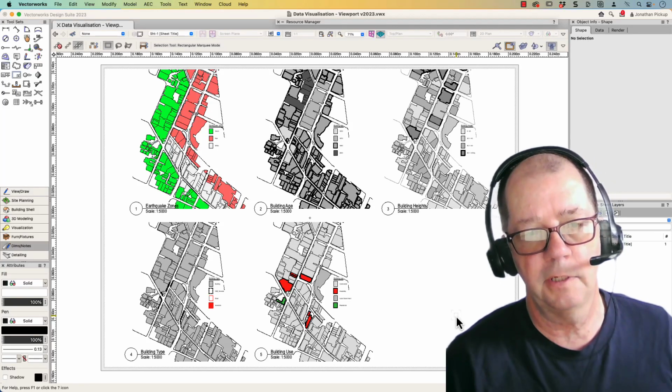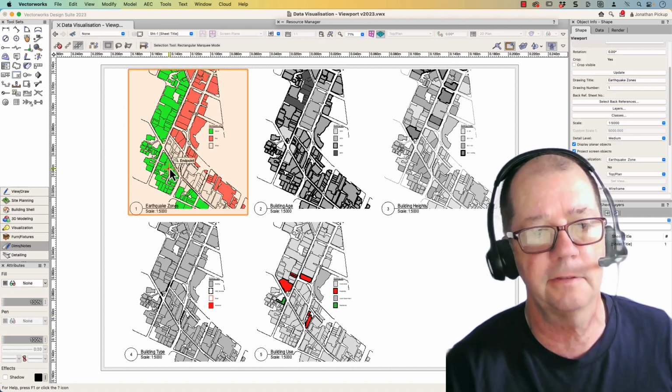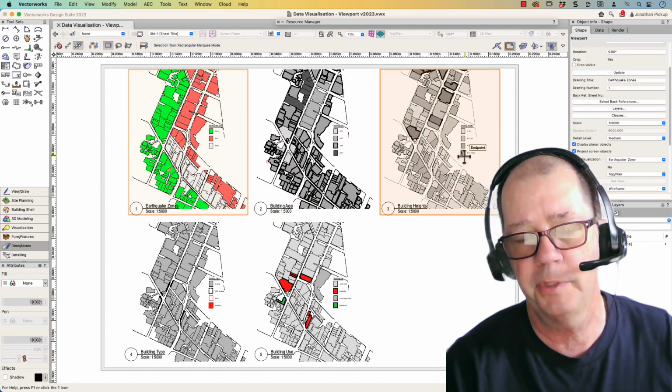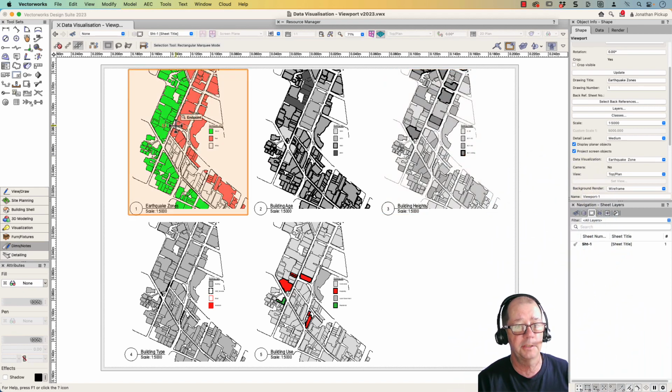I'm going to talk about data visualization. These images here show data visualization. These are things like earthquake zones, building age, building heights, and so on. And the really cool thing about this is that they are showing the information that's attached to the objects in